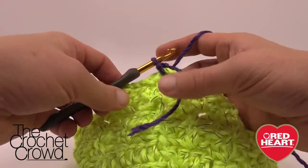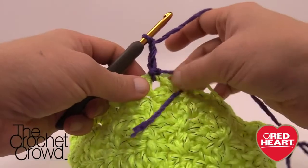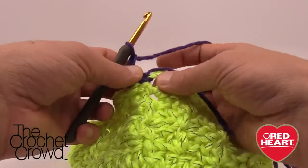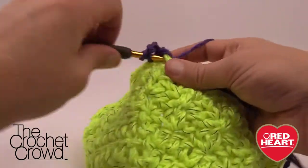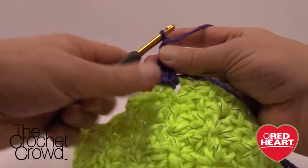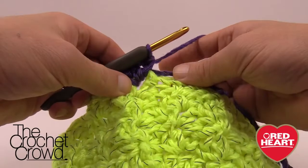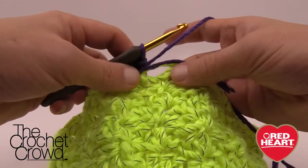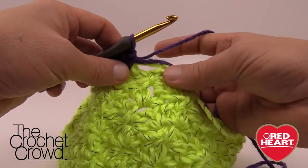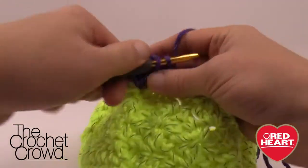So this round, what we're going to do is chain 3. So 1, 2, and 3, and I want to take the stragglers and just bury them on top. We're going to double crochet into there. So you already know how to do this. Chain 2 and then single crochet into that same space, just like so. So what I want to do is just drag these stragglers continuing over to the next space, and we're going to put in 2 double crochets,